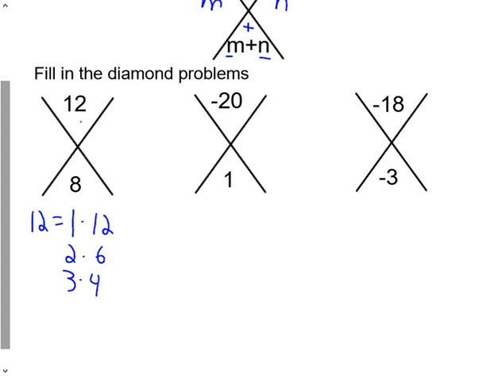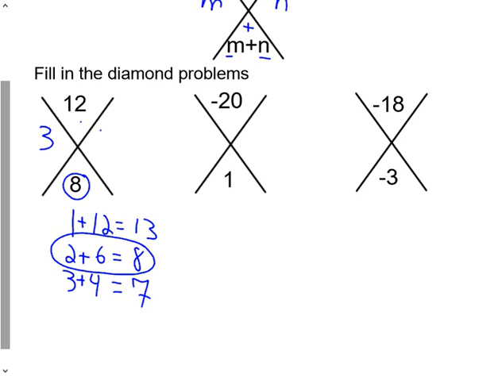And now the bottom number is then added together. So now, switching all these multiply signs to pluses, what are they going to add to equal? 1 plus 12 doesn't equal 12 anymore, but now we want to see which one equals 8. 1 plus 12 is 13, 2 plus 6 is 8, 3 plus 4 is 7. Now we have a winner right here. We wanted them to add to equal 8 such that